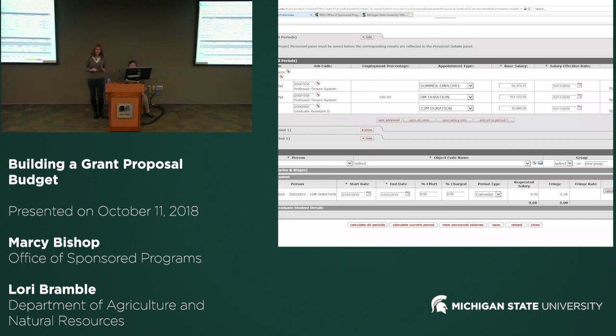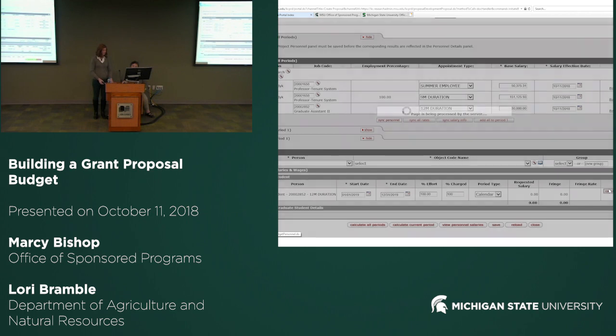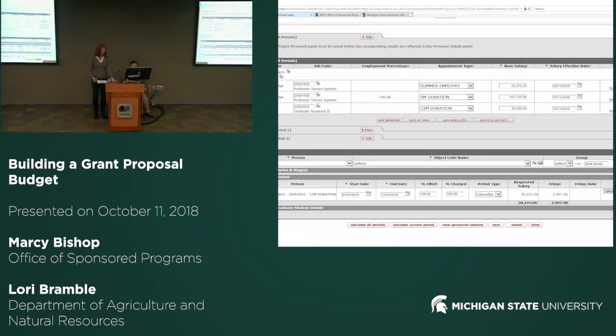I do want to say at this point, if you had 2 grad students or possibly 2 undergrads that you wanted in your budget, you can only add them 1 at a time. So if you had 2, then you've got to go back out, check the undergrad box again, return selected, and then bring that person into the budget. And then we have the same fields, the effort and charge that you're going to want to enter in. And then you're going to click calculate. And then now our salary and fringe will be generated.